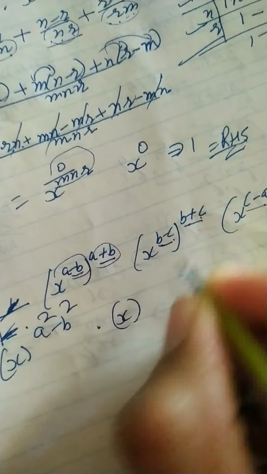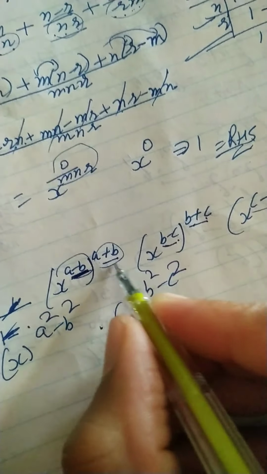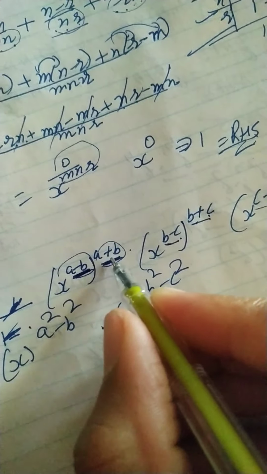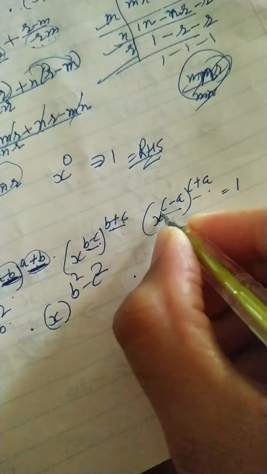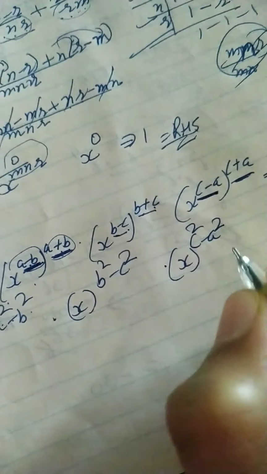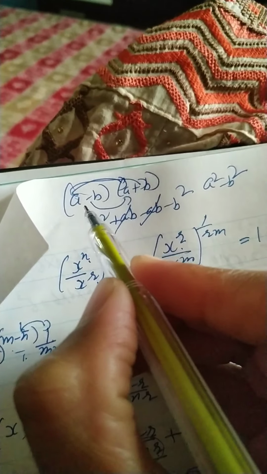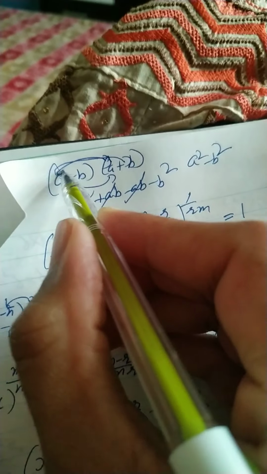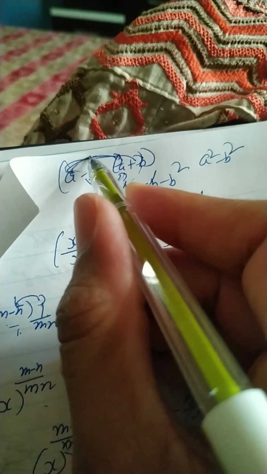Similarly, b minus c, b plus c. The formula is b square minus c square. When two variables are in plus also and in minus also, same things in plus, same things in minus, then the formula is first square minus second square. If you don't know the formula, please do this multiplication step by step as I told you. Firstly, multiply with first, then multiply with second, then multiply with first, then multiply with second. Firstly, the first number should be multiplied with all the numbers, then the second number should be multiplied with all the numbers.